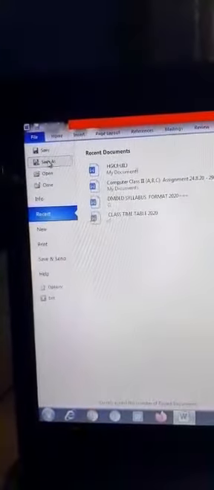Then we have the title bar. See, here is the title bar. Whatever you name this document, that document name will appear here on the title bar. Then we get various options in file. In the book it's written we can create, open, save and print the documents. If I click on the file tab, you can open, close, save, and print. All these options are available in the file tab.